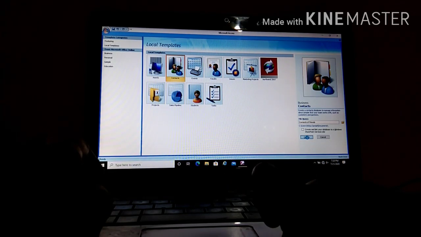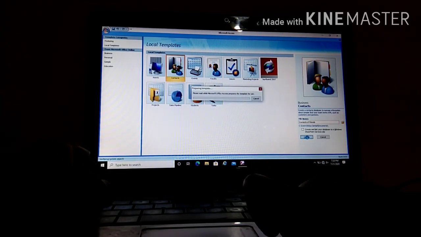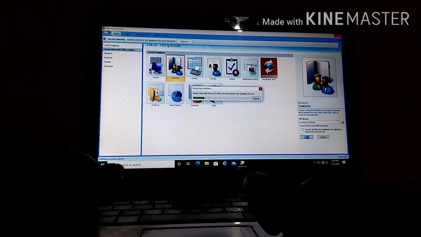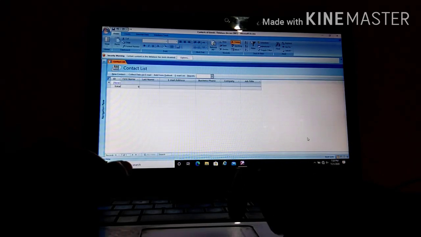Click create. Here you will see this contact list.